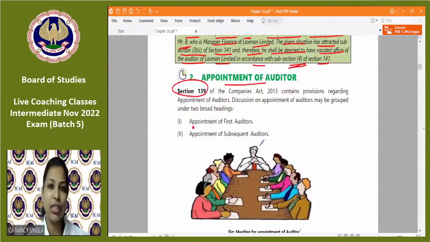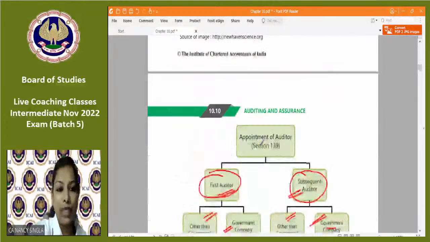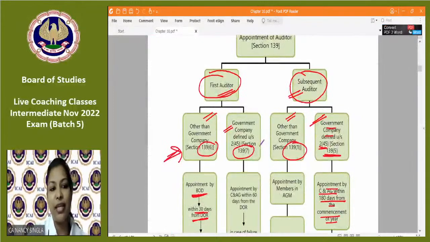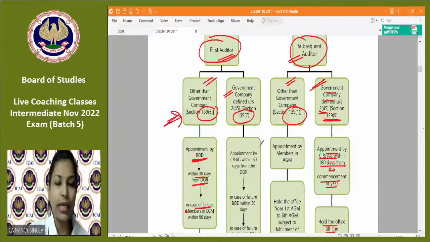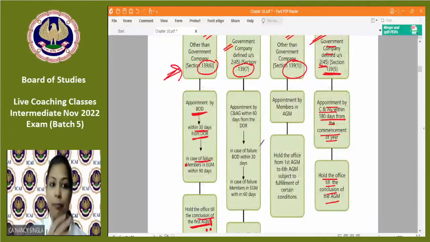सेक्शन 139 सबसेक्शन 8 देखेंगे। सेक्शन 139 सबसेक्शन 1, 5, 6, 7 हमने किया। 6 कहता है कि फर्स्ट ऑडिटर अदर देन गवर्नमेंट कंपनी में बोर्ड ऑफ डायरेक्टर 30 डेज फ्रॉम द डेट ऑफ रजिस्ट्रेशन नहीं कर पाते, मेंबर्स को इन्फॉर्म करो, 90 डेज का टाइम पीरियड है, होल्ड करेगा ऑफिस टिल द कंक्लूजन ऑफ फर्स्ट एजीएम। सबसेक्शन 7 कहता है गवर्नमेंट कंपनी अब आपको पता है क्या है, नॉट लेस देन 51% इज हेल्ड बाय एसजी, सीजी एंड एवरीथिंग, ठीक है। इट इंक्लूड सब्सिडियरी ऑफ गवर्नमेंट कंपनी।